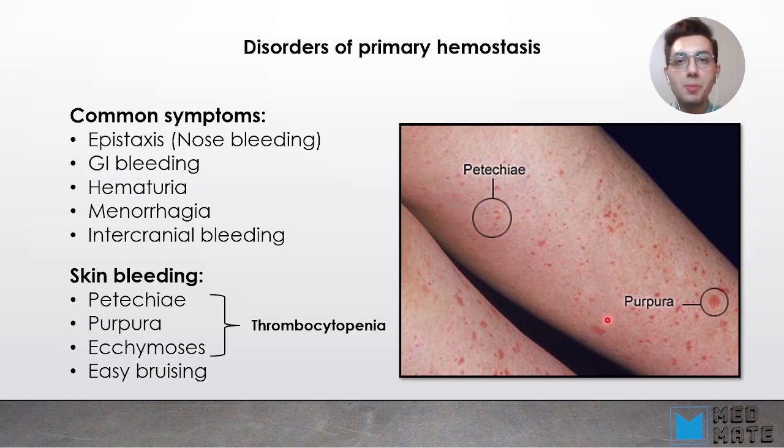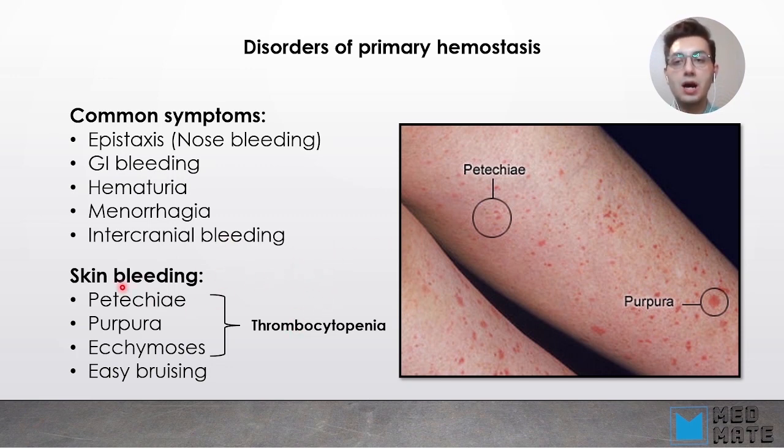I want to tell you a little bit about disorders of primary hemostasis. Generally, these disorders present with common symptoms, and that's bleeding of the mucosal surface. We have epistaxis, which is in another word nose bleeding. We have GI bleeding. We have hematuria, menorrhagia, and in severe cases with severe thrombocytopenia, we may have intracranial bleeding. So when you see a patient with severe thrombocytopenia, you have to think about intracranial bleeding occurring because of severe